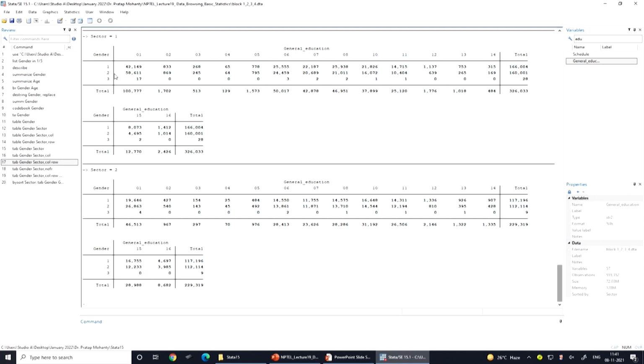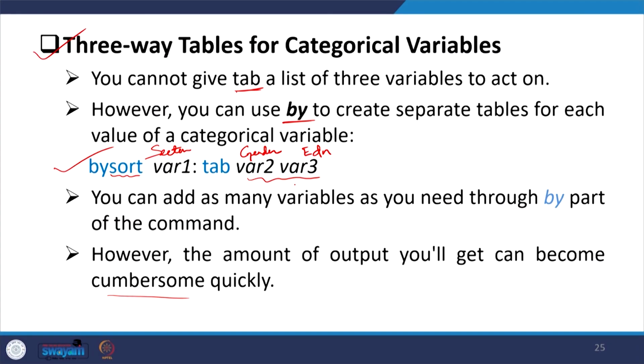So, like here in the rural area, what is the interpretation? How many males are having one level of education, or how many males are having 16 years of general education? So, this makes it possible to find out the third piece of information as well. But in the two-way table we could not get the third information. Here it has given a better idea for interpretation.